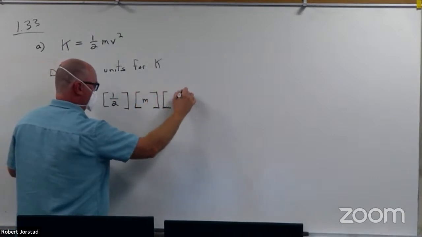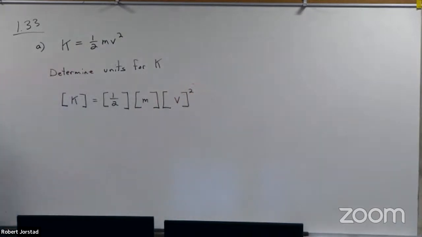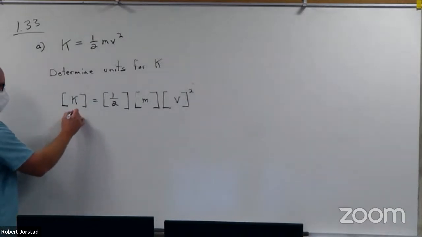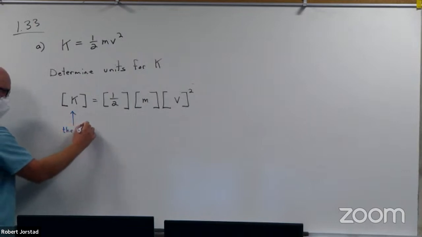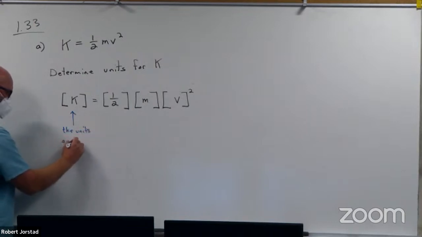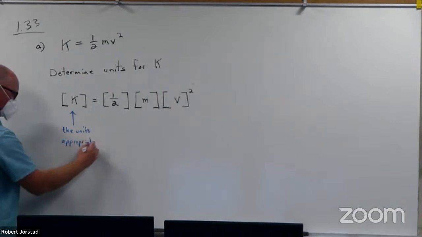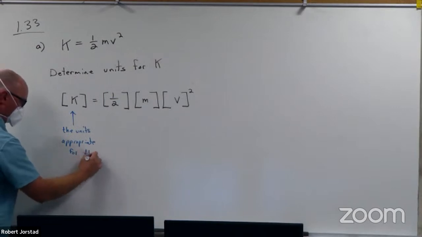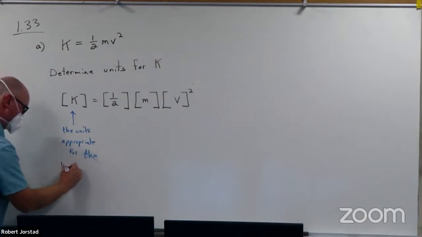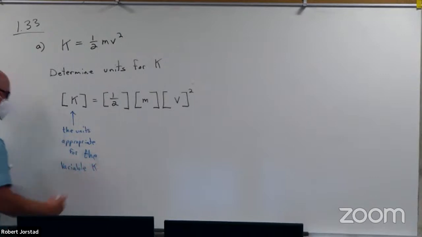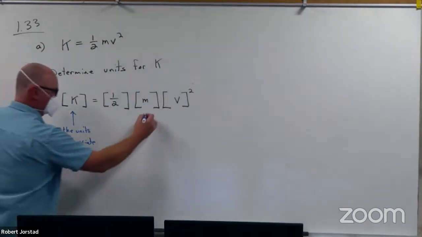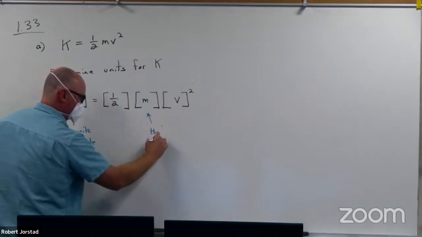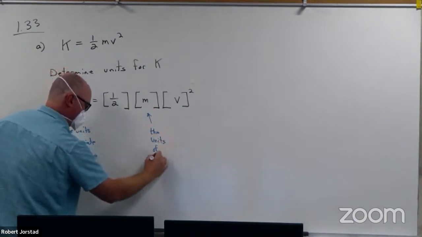What I do is I put these square brackets around them like this. Now keep in mind, according to what I just told you, what does this set of symbols mean? It means the units appropriate for K, the variable. And maybe I'll even say that, for the variable K. Right? This would be the units of variable